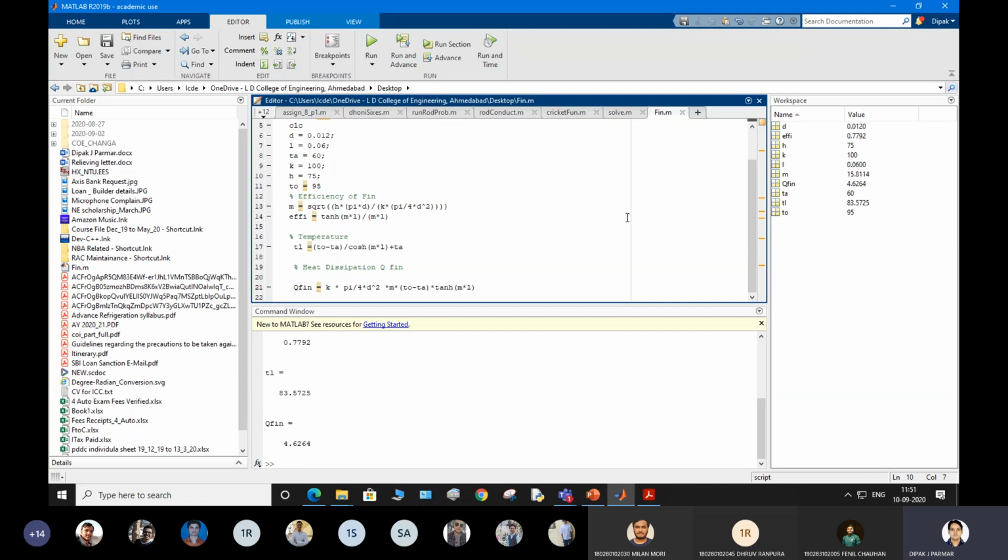This is case 2 we have discussed. You can do the same calculation for case 1, that is an infinitely long fin with heat transfer from the tip. Second is finite length with heat transfer restricted, and third is finite length with heat transfer. So this is for showing you the different tools to use for numerical calculation.